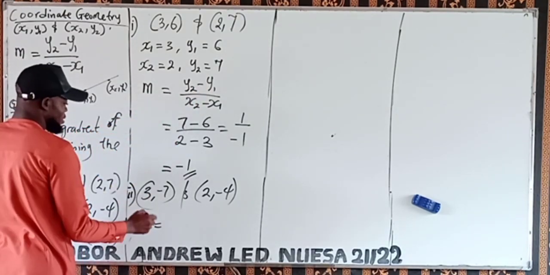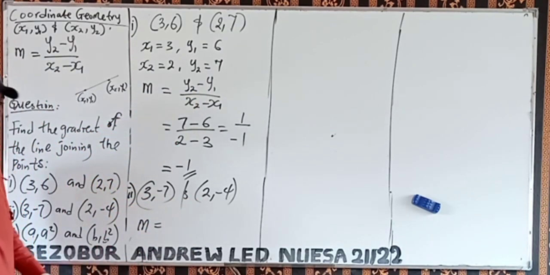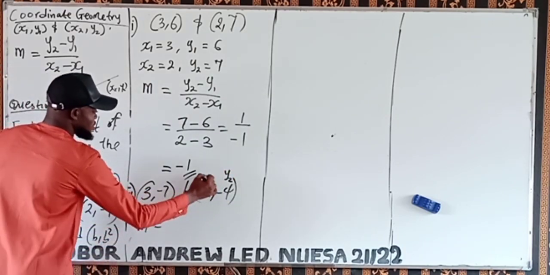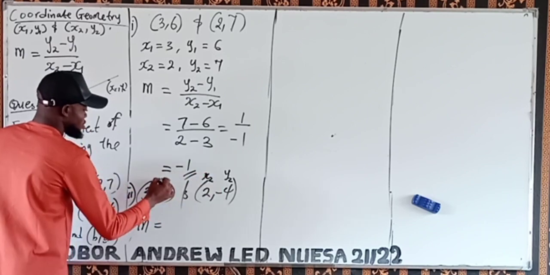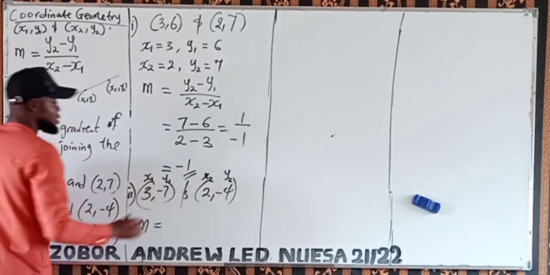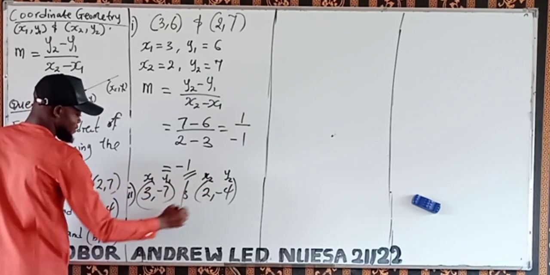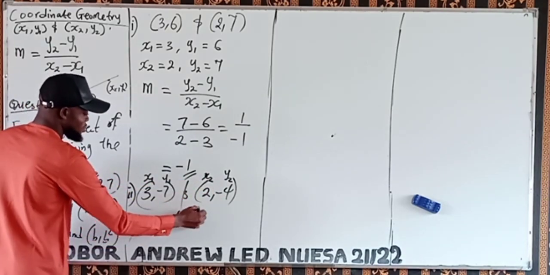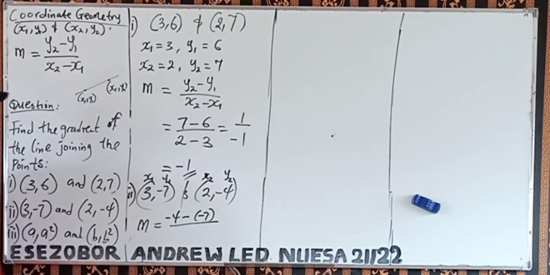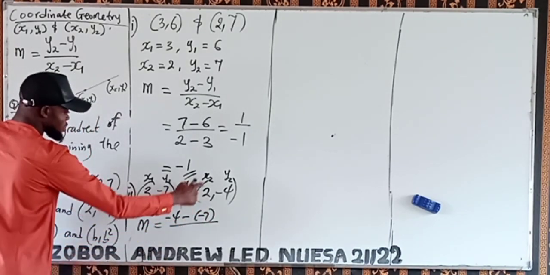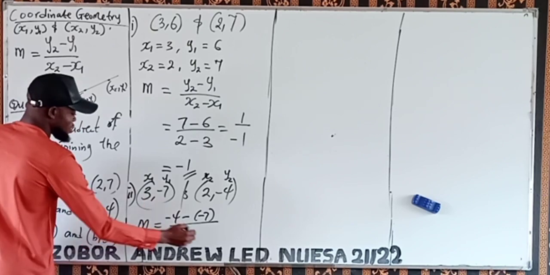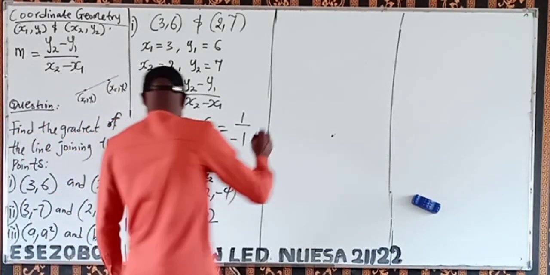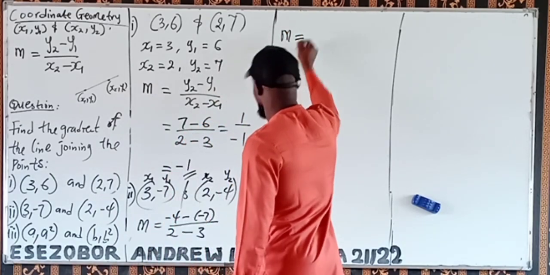y2 minus y1. Now for this one, this is y2. What is y2 here? This is our y2, this one is x2. This one is y1, this one is x1. So our y2 is minus 4, minus y1 is minus 7, over x2 minus x1. x2 is what? 2. x1 is 3. So therefore, we are going to have our gradient to be equal to,